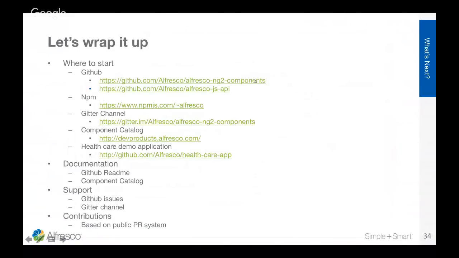So let's wrap it up. Again, everything is on GitHub, it's public. We accept pull requests, issues. This is the main link to the components. And this is for the Alfresco JavaScript API. We also provide a nice example already of a customization, which is a healthcare application. I strongly suggest that, in case you want to get involved with this project, you have a look at this project, because